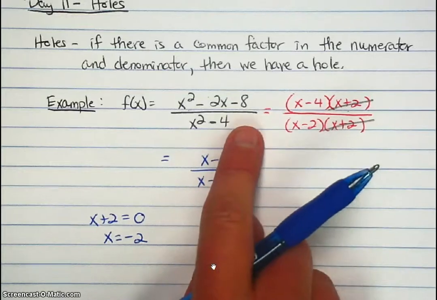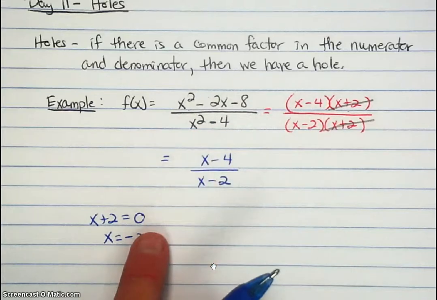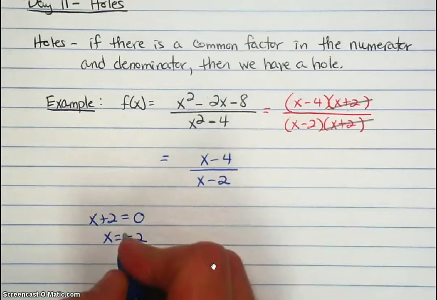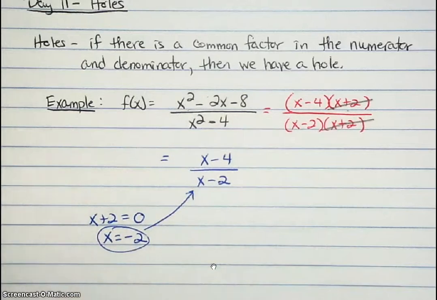Don't go back to the original one, because if you plug it into the original one, it's not going to work. You're going to get 0 in the denominator. So I'm going to plug in this x equals negative 2. I'm going to plug it in right here. And when I do that,